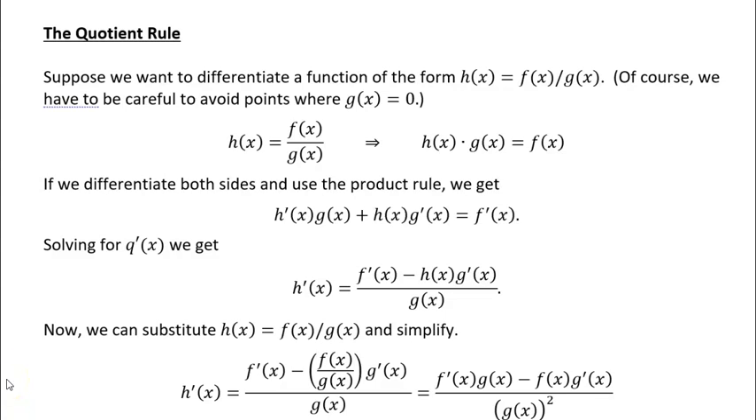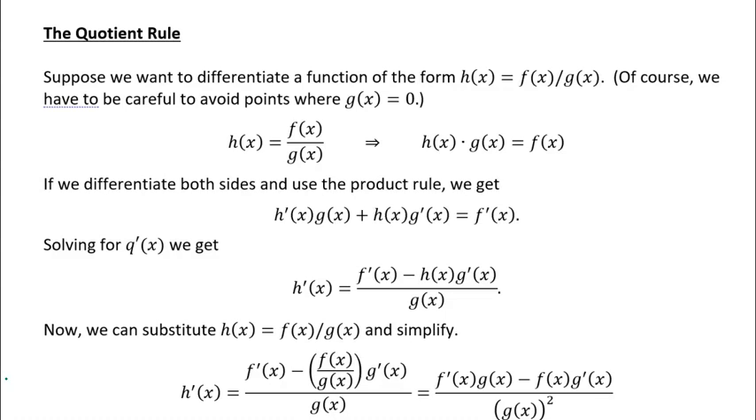All right, another way that we can create a new function from two known functions is that we can take the ratio of the two. We can create a quotient. We can divide one function by another. When we divide one function by another, it's called a quotient. And so if we have a quotient, say h of x equals f of x over g of x,